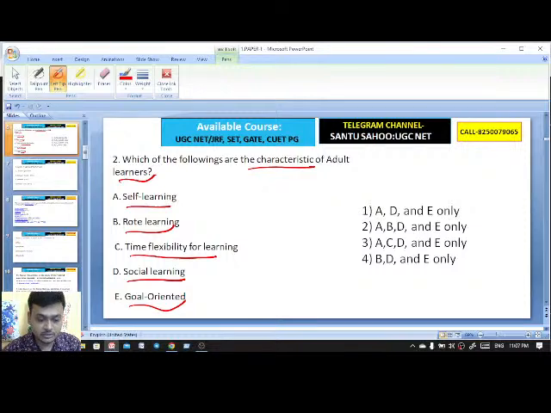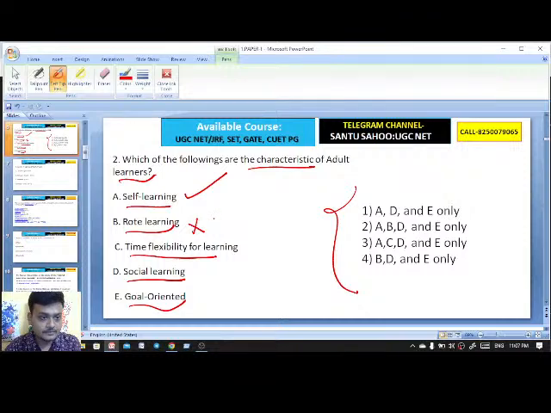Here are your options. You can answer in the comment box. What would be the answer here? Self-learning is one of the characteristics of adult learners. Rote learning is not. Rote learning is actually for young learners.